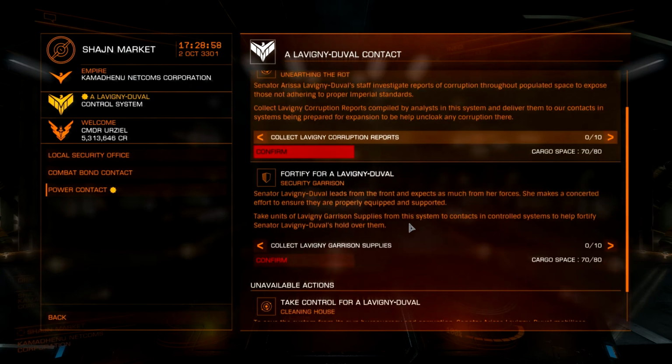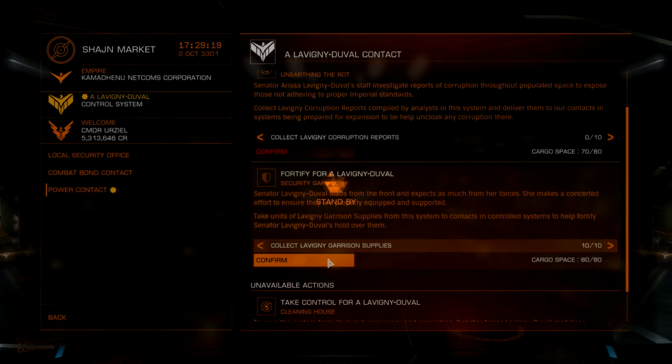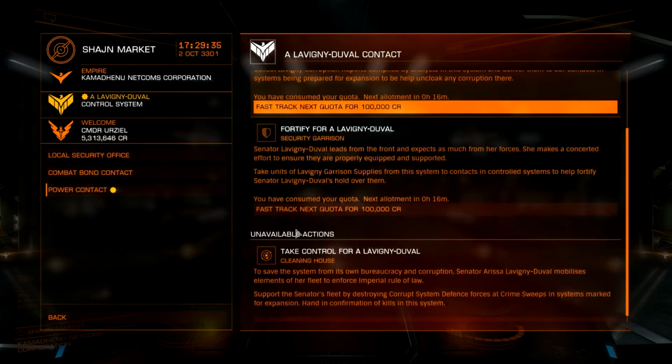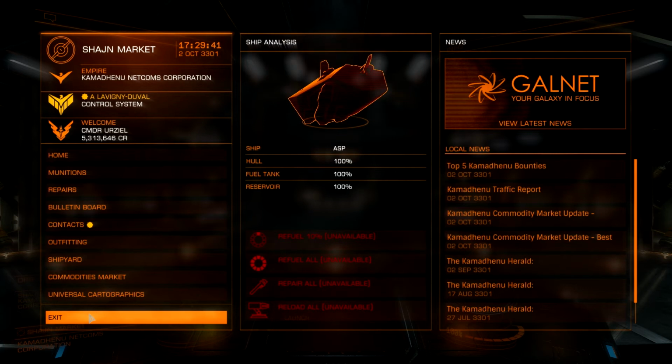We can choose to fortify systems we already control. By doing this, we would transport them garrison supplies to ensure that the local security forces are properly equipped and supported as a way of removing corruption. And that is what we're going to do. As you can see, take units of Langley garrison supplies from this system to contacts in controlled systems to help fortify Senator Duvall's hold over them. That is what we're going to do right now. And that's also why we're going to...